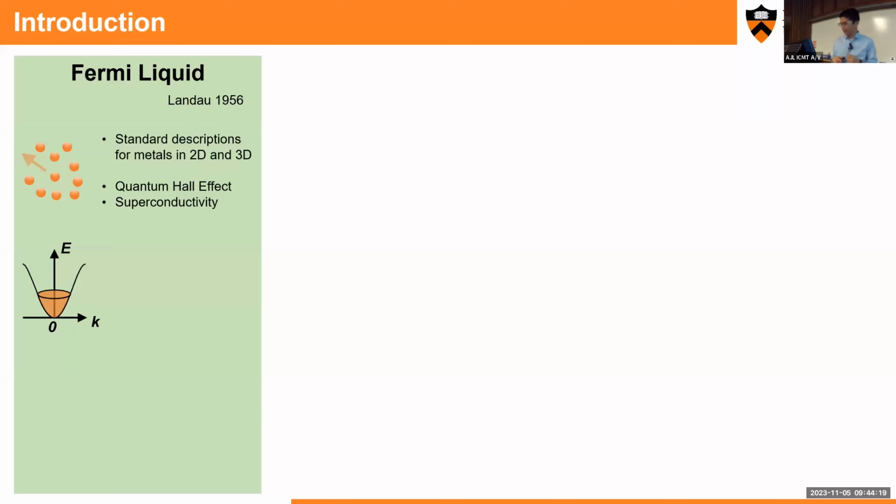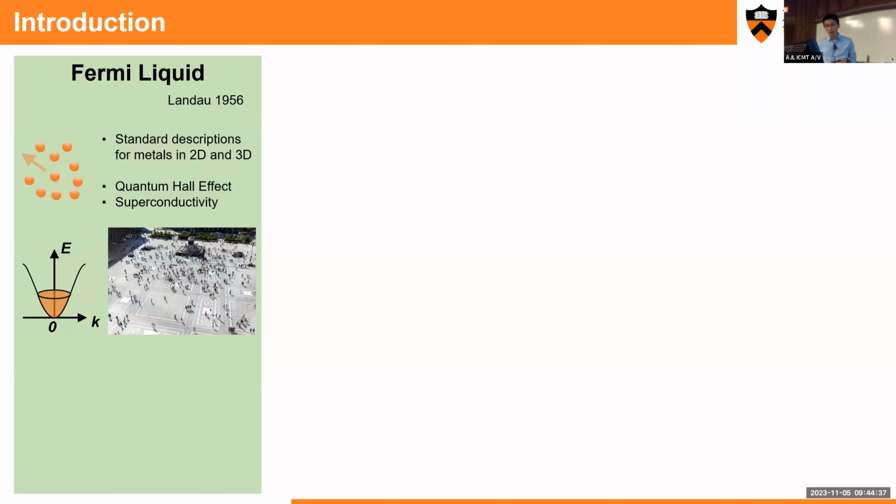First of all, as you know, Fermi liquids are the standard description for metals in 2 dimensions and 3 dimensions. And we now know, from Fermi liquid theory to the quantum Hall effect and superconductivity, as it shows for the energy dispersion, that we can simplify the Fermi liquid by renormalizing it to a free electron, but in a kind of loose space, and the electron can be renormalized with an effective mass, and it can move like a single free electron.